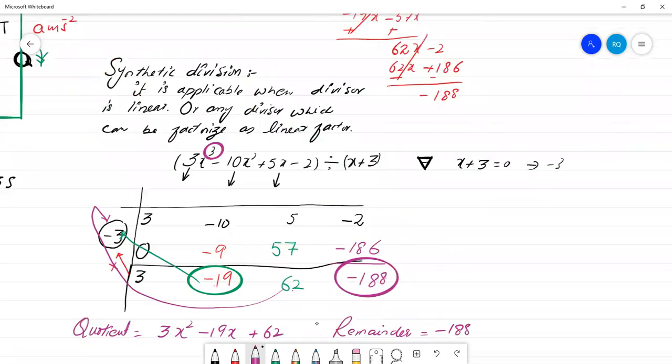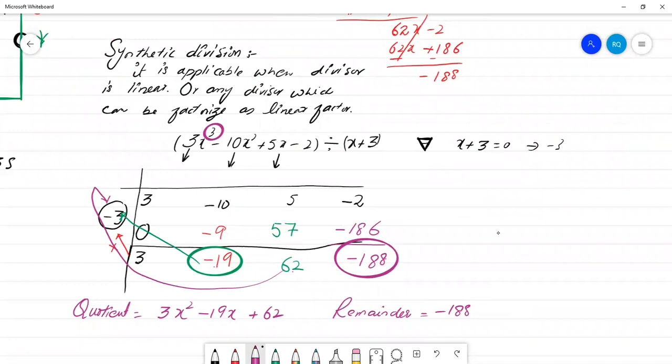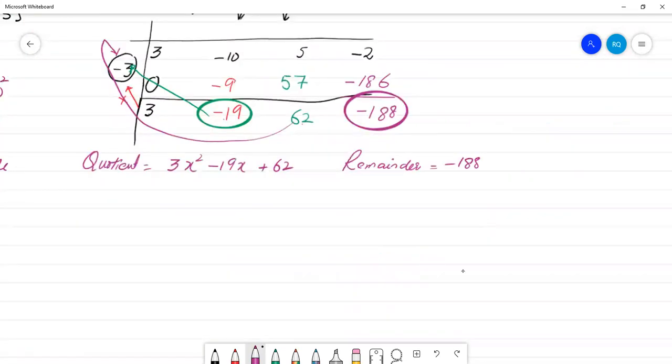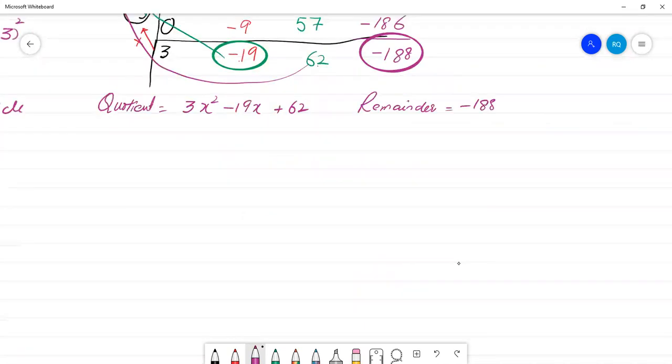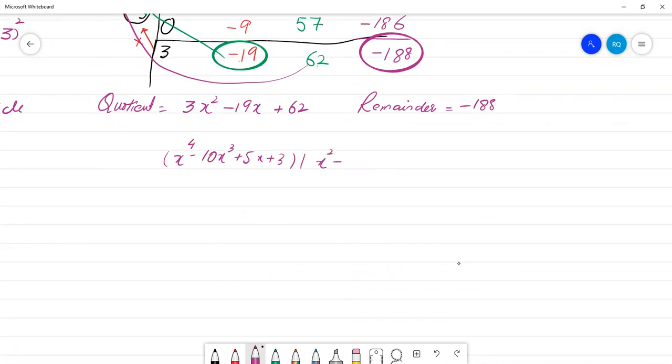अच्छा, इसकी फिर एप्लीकेशन, सर हम दो रूट्स यूज़ करते हैं, मतलब पहले हम एक रूट के साथ डिवाइड करते फिर हम दूसरे के साथ करते। सपोज वी हैव दिस वन x रेज टू पावर 4 माइनस 10x क्यूब प्लस 5x प्लस 3 डिवाइडेड बाय x स्क्वायर प्लस 3x प्लस 2। अब आपके पास ये ऐसा क्वाड्रेटिक है जो फैक्टराइज हो सकता है। ठीक है, तो आप इसको सॉल्व कर सकते हैं। x स्क्वेयर प्लस 3x प्लस 2 को इक्वल टू 0 करेंगे तो आपके पास x प्लस 2 बनेगा और x प्लस 1 बनेगा।